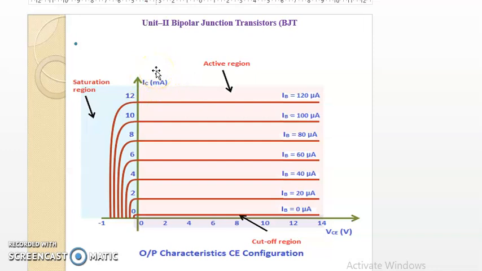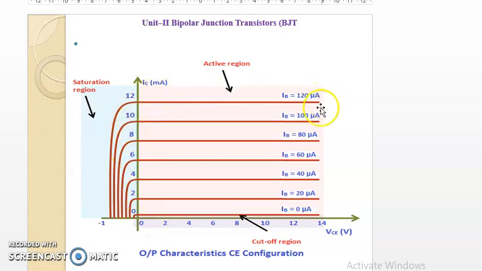Remember, it is more as compared to base current. The base current we have seen in the last characteristics, that is input characteristics, was in microampere. Now here it is taken in milliampere. It shows that surely IC is greater than IB. Are you agree? Here VCE is along the x-axis, collector current along the y-axis, and here you see what is shown. We are varying the input and keeping it constant. Here also there is a variation in collector current.